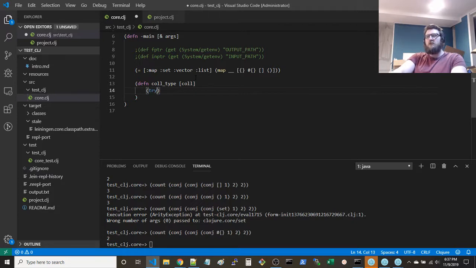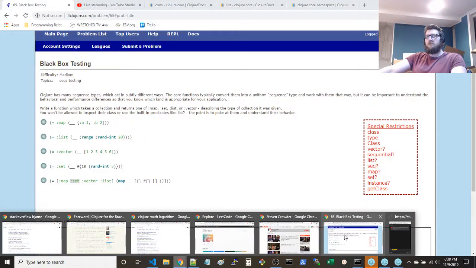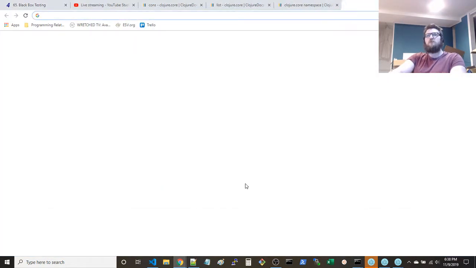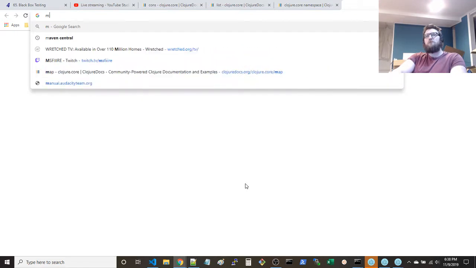So we want to try catch. We're going to learn about try catch now, and we want to say if it's a map, we want a cons. So the try is going to be cons 1 to the collection of map.